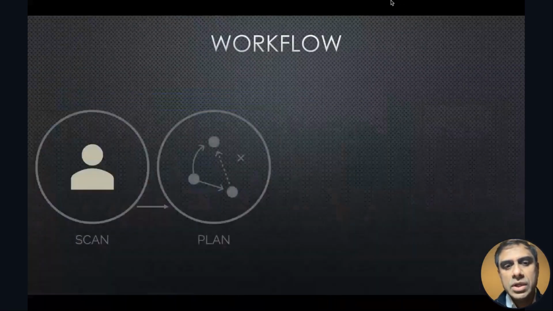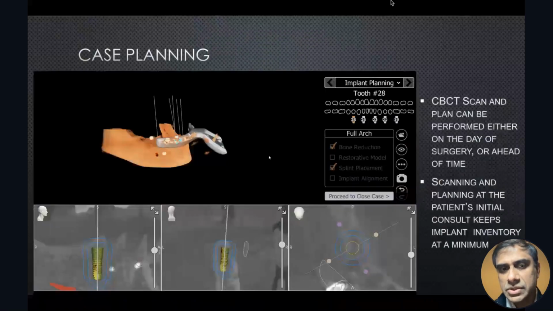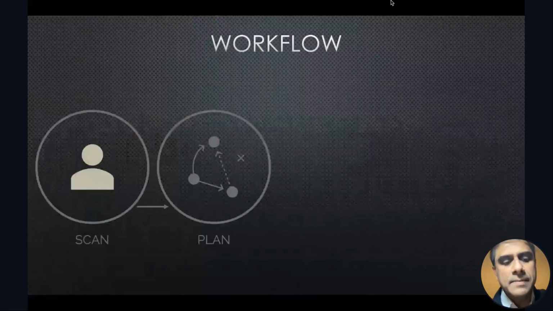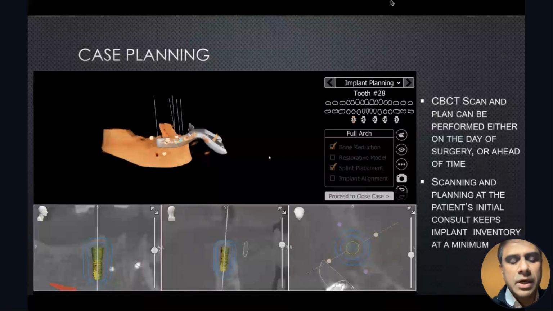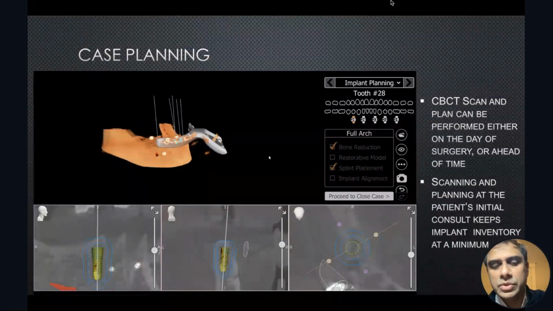So once you've done the scan, now we're going to talk about a quick planning session here. Next slide. As you notice here, go to the next slide, please. Yes, there we go. As you notice on this, you see how the planning software is. You have teeth numbers. You select a particular tooth there, and now the easy thing is that you already have pretty much a lot of the implant manufacturers in the library. So you pick the system you want to use, the size and dimension and everything. And once you pick that tooth number or the site that you want to place it, it drops the implant